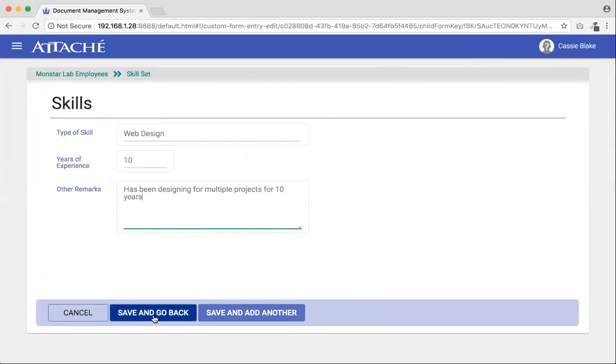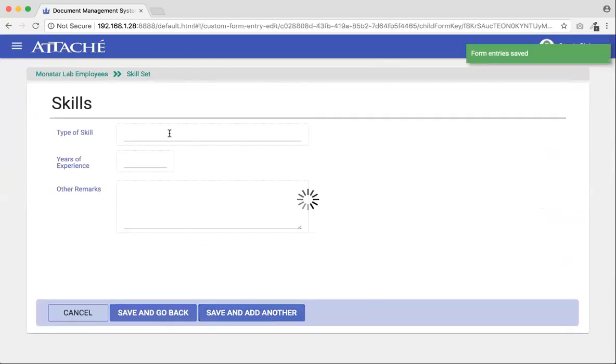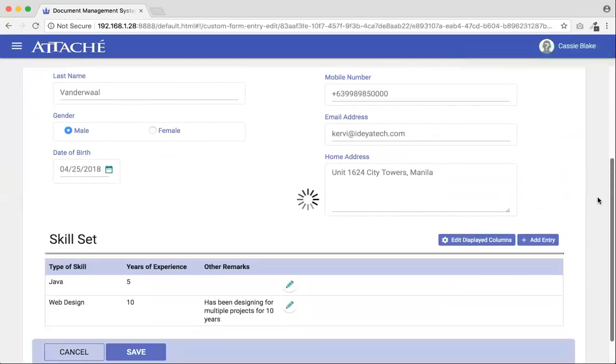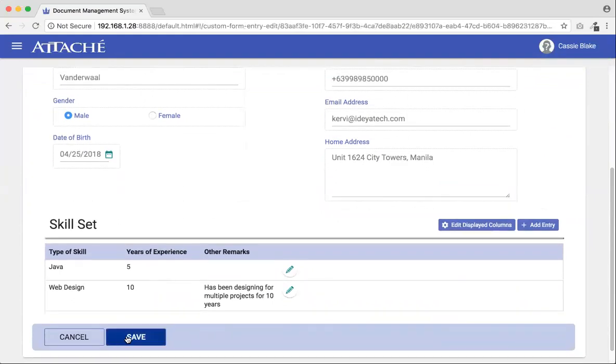And then I can click save and add another to create another skill, another type of skill, for example, Java programming, or maybe just Java. Number of experience will be 5, and I don't want to put in other remarks. And I can click save and go back. So I can go back to the employee profile, and these are the skill set that I have typed in. Upon saving,